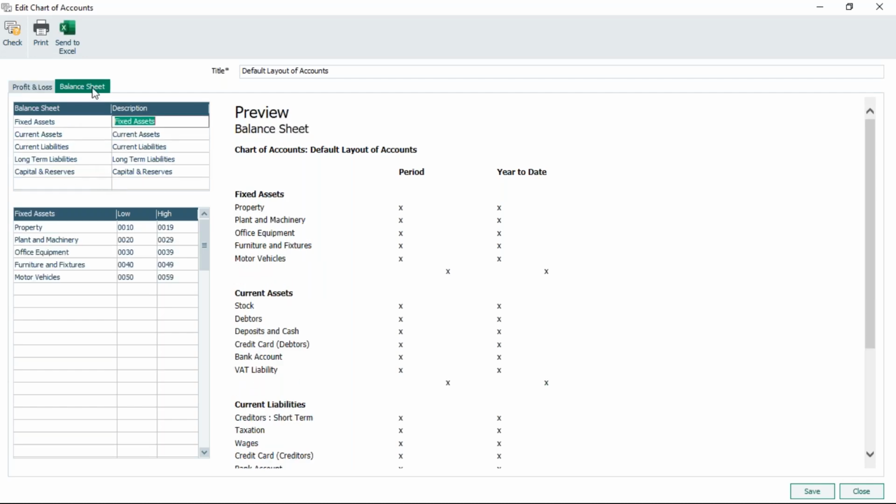Now there is a difference, and that difference is on the balance sheet. Again, you can still change the descriptions. So for the balance sheet, you've got fixed assets, current liabilities, long-term liabilities, and also a capital and reserve section. If I click through the various sections, fixed assets looks the same. You've got your descriptions, you've got your low and your high value. So again, the nominal ranges work in exactly the same way. I'm going to come back to current assets and current liabilities in a moment because that's where the difference lies. Long-term liabilities, capital and reserves, again, look identical